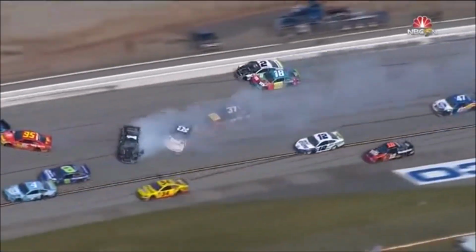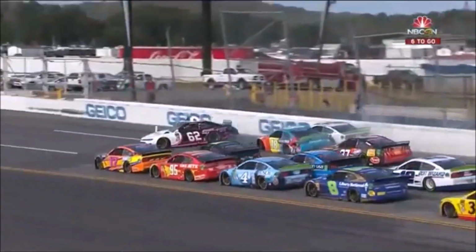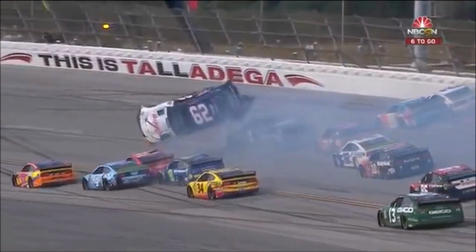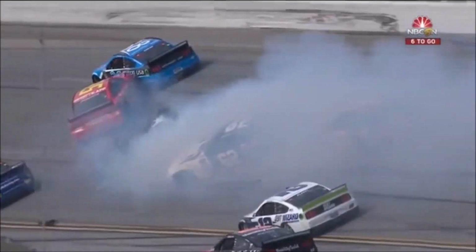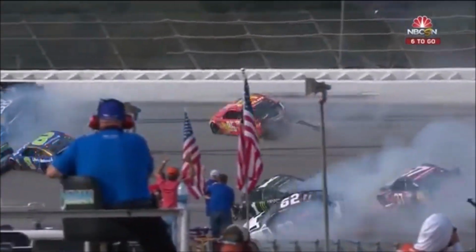So Kurt pushing Kyle. And just hooked him. And look at Brendan Gaughan. Just flipped right over. It's like the nose of that Chevrolet just can't quite push them straight. It just can't do it. Yeah, the 17 goes up to side draft. I don't think that affects the 18. It's the one just pushing his brother. It peels the 18 off to the right. It looks a lot like the 24 accident. Look at the 62, a full flip back on its wheels. Thank goodness. Instantly stopped the flipping, put the car back in position. But a huge, huge accident. You wonder, though, if